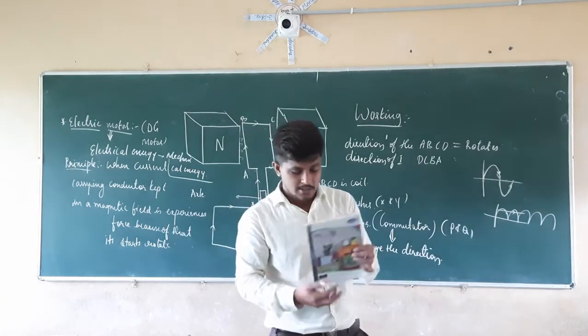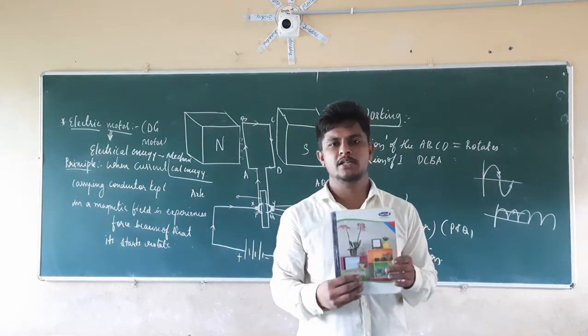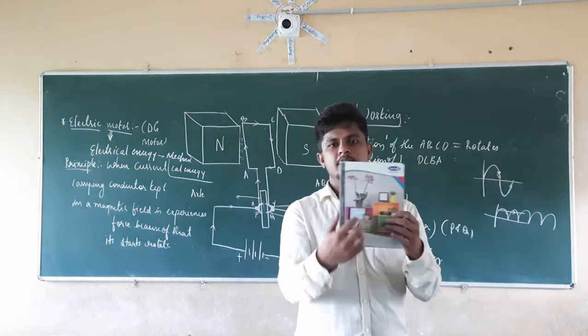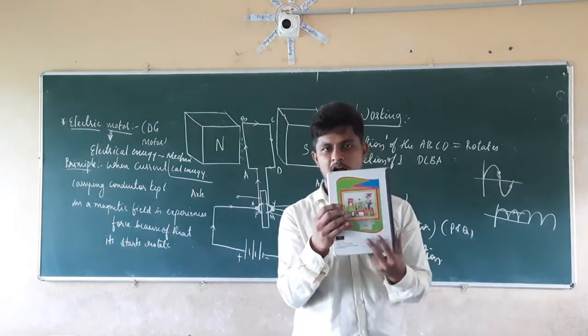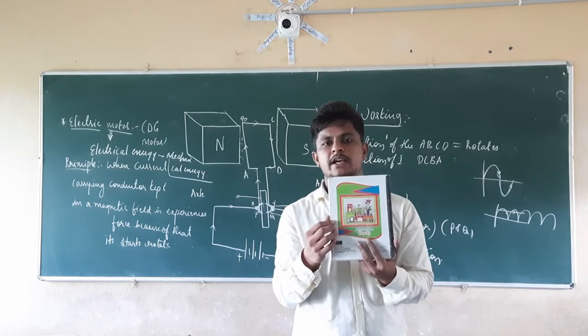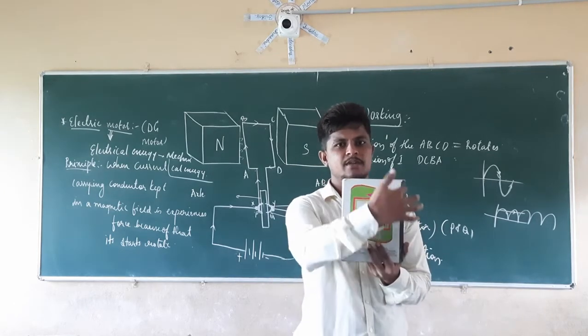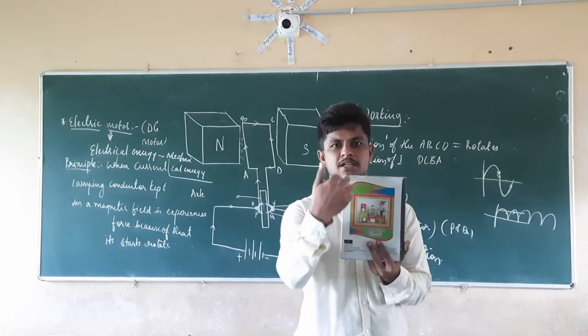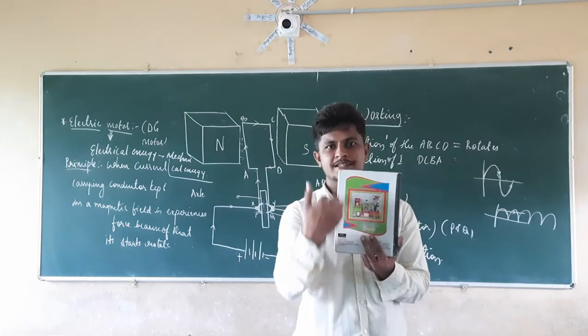See once again, if there is no presence of the split rings, what is going to happen here? This is A, B, C, D. The direction of the current here is A, B, C, D. So it is going to rotate like this at the first half rotation. Then at the second case, it is connected to the negative terminal. So again the direction of the current here is A, B, C, D. If it doesn't use the split ring, the direction of the current here is A, B, C, D.